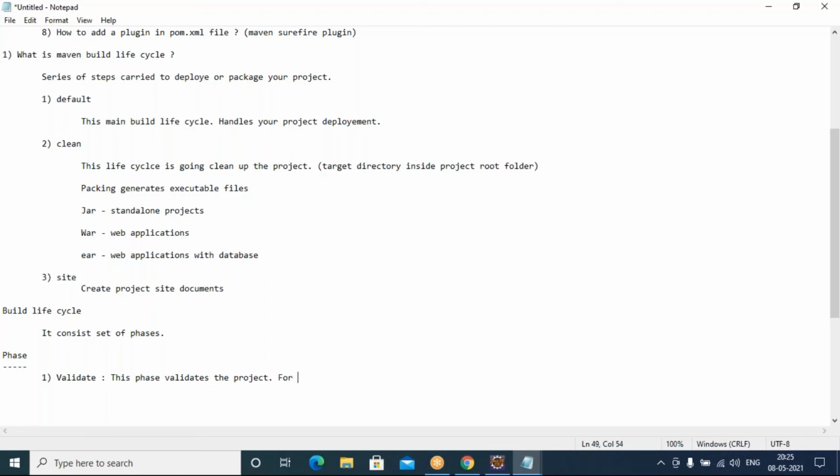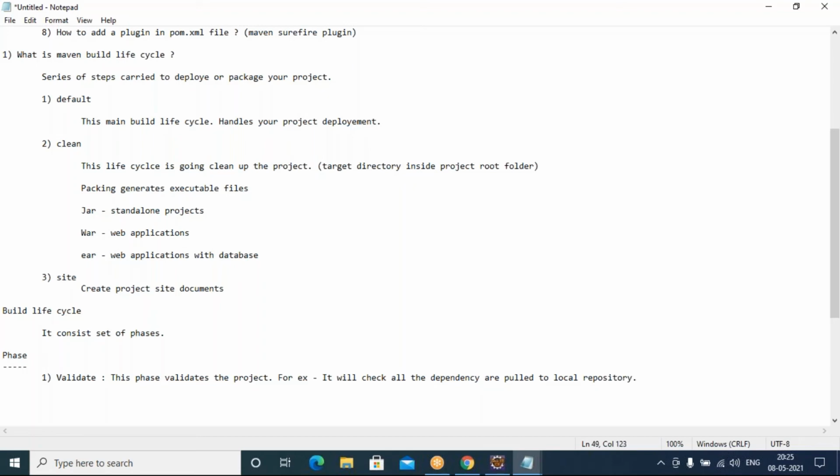For example, it will check whether all the dependencies are pulled to the local repository or not.